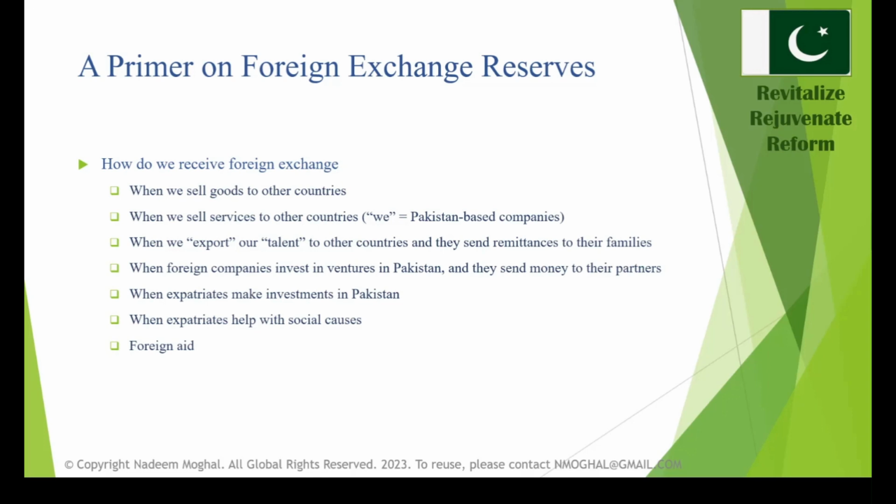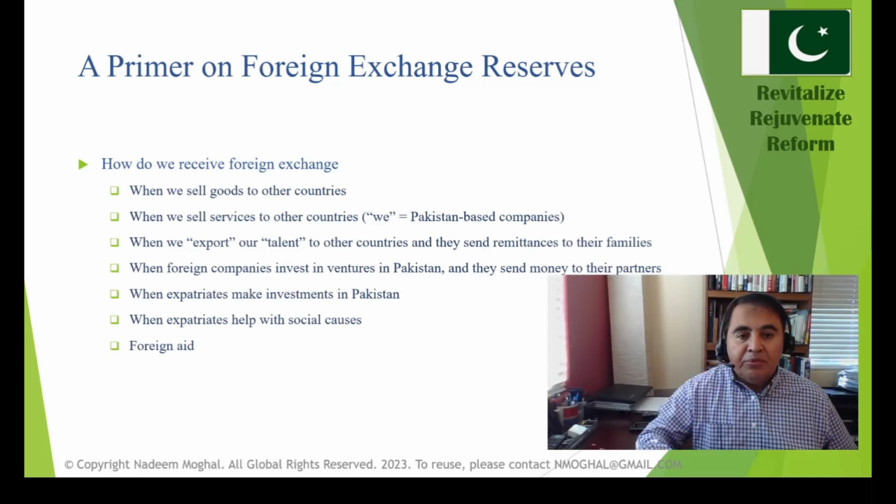And then, of course, the foreign aid. So when countries, unfortunately, such as Pakistan, have a need for foreign exchange, and they're not able to meet the need by way of their own production or their own services that they provide to other countries, then unfortunately we have to go to the international bodies, whether the International Monetary Fund or the World Bank or other countries, and they provide us some kind of assistance. Assistance could be a grant or it could be a loan that must eventually be paid back. So these are some of the areas that a country uses to get foreign exchange.